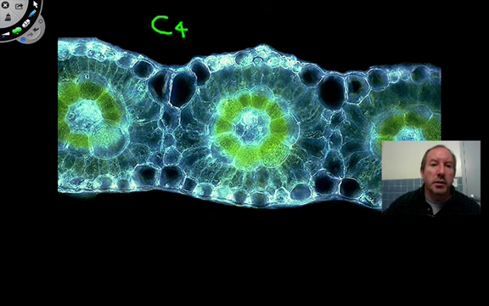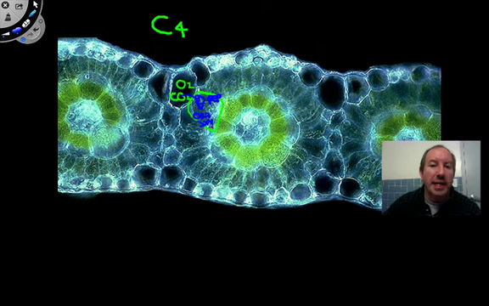And so it's like, what's the story? All of these cells are the mesophyll cells. And so out here, let's say that this is an airspace. And so you've got oxygen here, and you've got carbon dioxide here. And inside the mesophyll cell, this is where PEP carboxylase is going to bring CO2 in to PEP. It's going to be tough to draw out the whole pathway, but it's going to produce OAA,